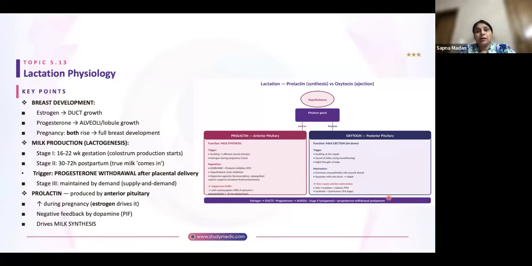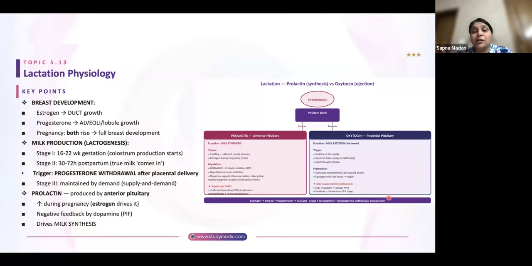The estrogen helps in ductal growth, and progesterone helps in alveolar growth or the lobular growth. And in pregnancy, both are increasing. So there is a complete breast development. Milk production, that is, lactogenesis, is also in stages. Stage 1 is when the colostrum is forming, and it starts as early as 16 weeks. So between 16 to 22 weeks, colostrum production starts. In stage 2, it is